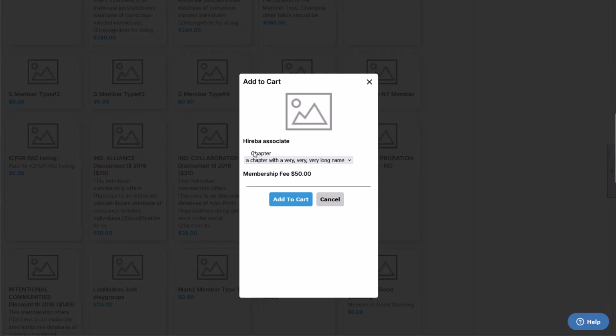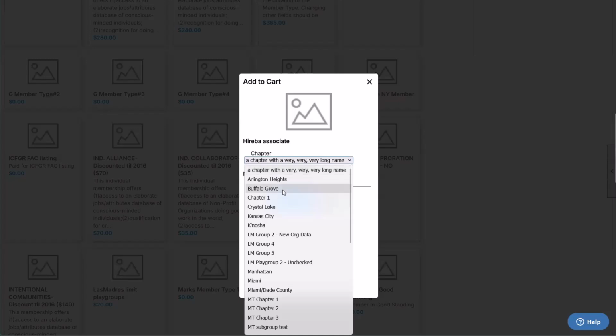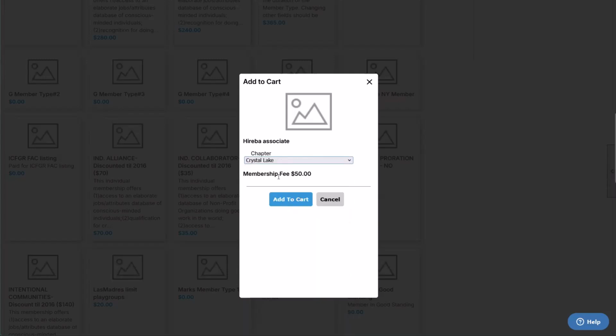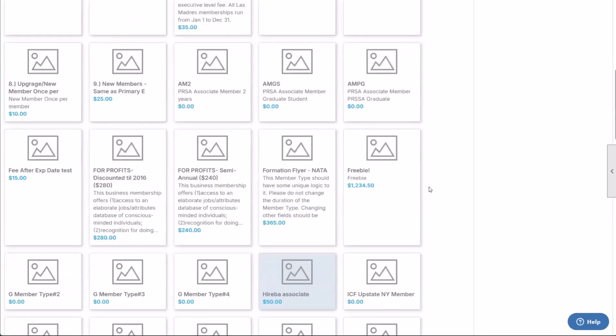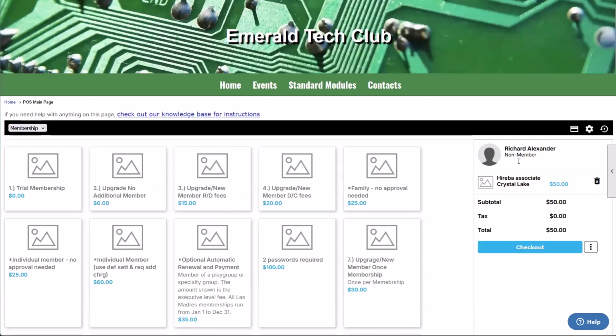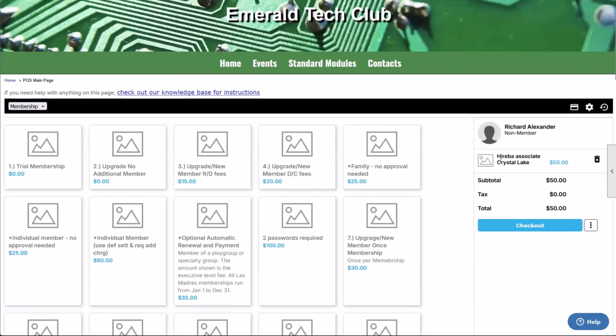If you're an organization that has chapters or subgroups, you can also click on this drop down to select which chapter they are joining. I'm going to join the Crystal Lake chapter. The membership fee for this chapter and for this membership type is $50, and I will add that to my cart. And so now I've got membership in the organization as an associate member selected and added to the cart. I can continue to add more items if I want. I can add donations or storefront items. But if I check out here,